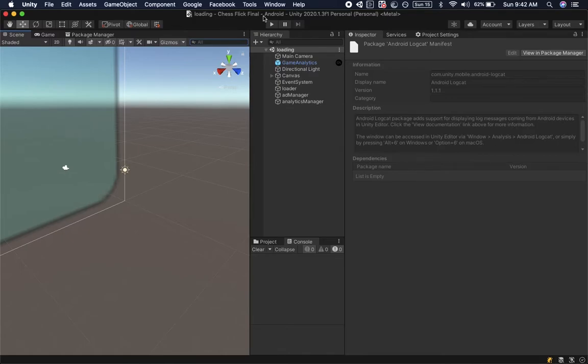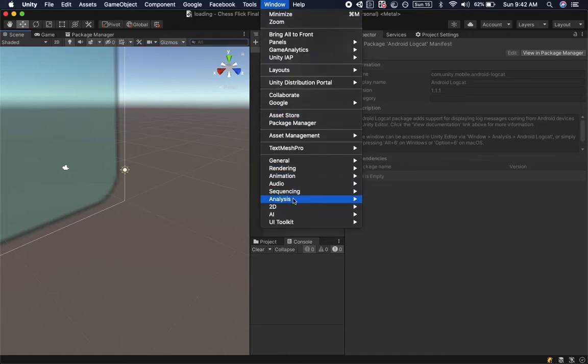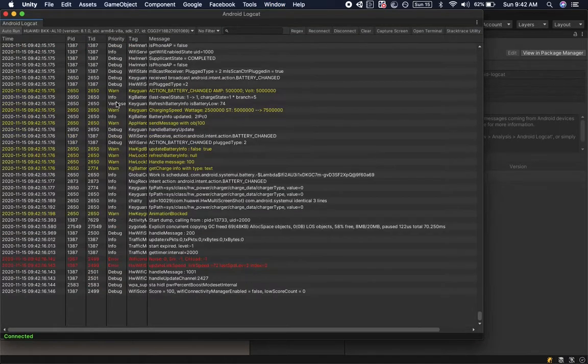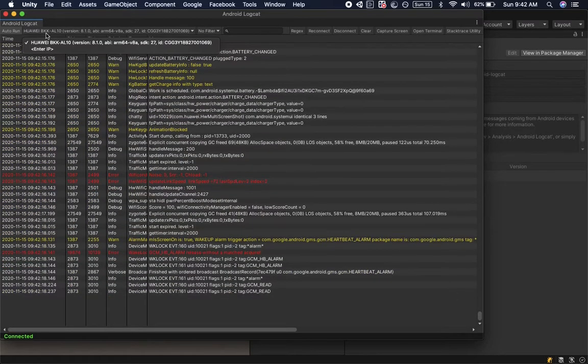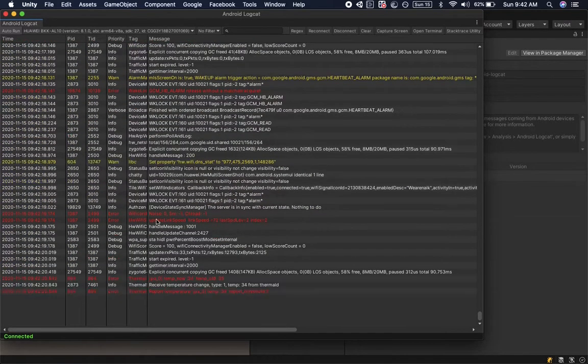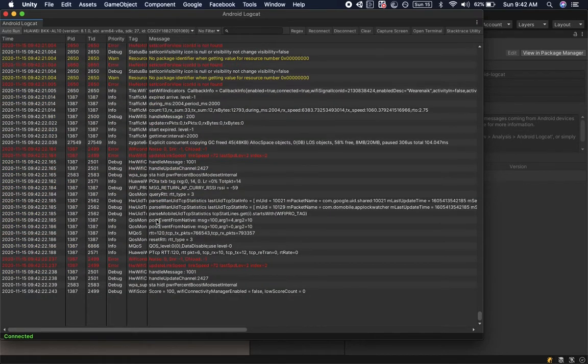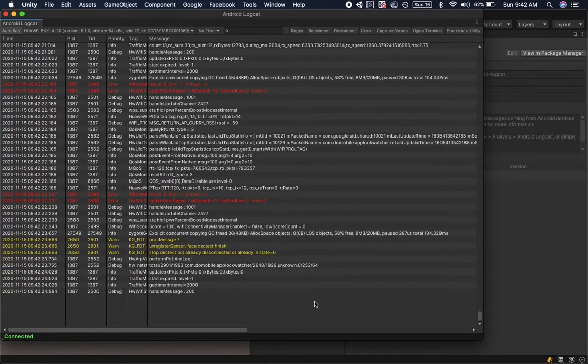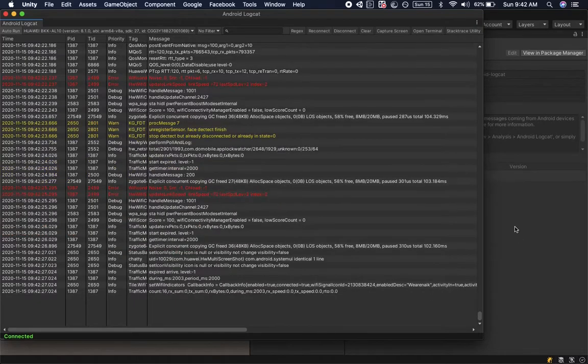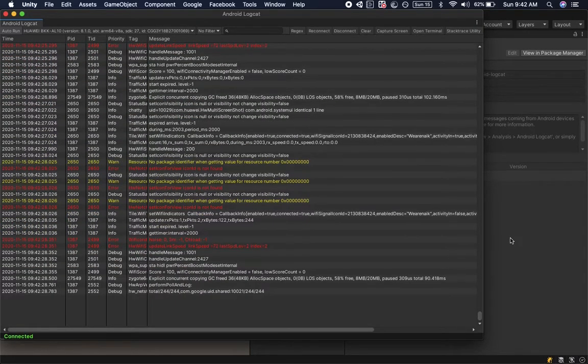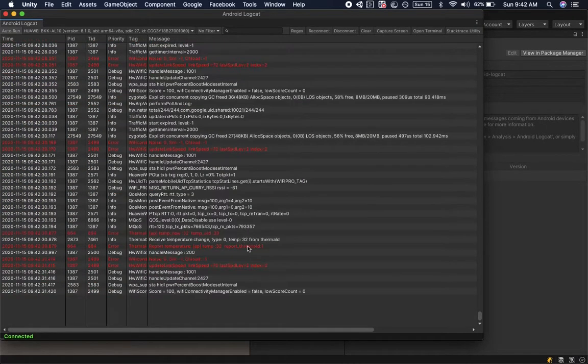Then open up Windows, Analysis, then Android Logcat. And here you will find the particular device connected and all the Logcats from the device. The one important thing is this Logcat is independent of Unity. So it doesn't matter which Unity project you have opened in background, this Logcat will work